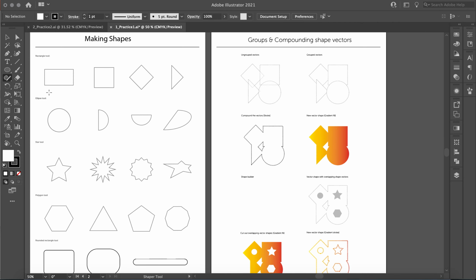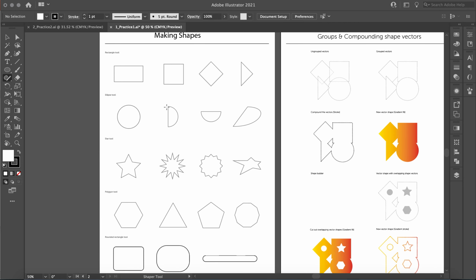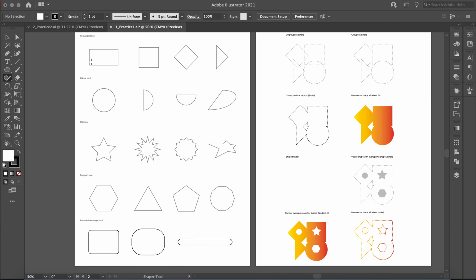I'm going to zoom in by pressing my Control plus key. Control plus zooms in, Control minus zooms out. If you are using a mouse, you can also zoom in by using the Alt key and scrolling in and out. Okay, so the first tool that I'm going to grab here is my shape tool,